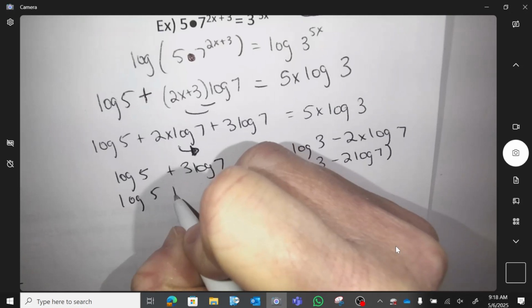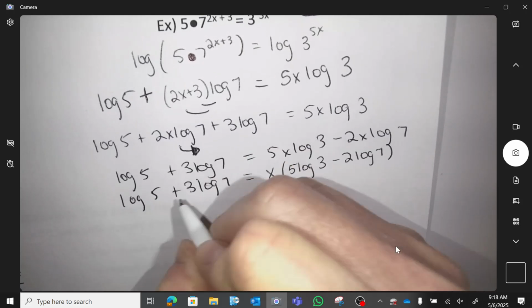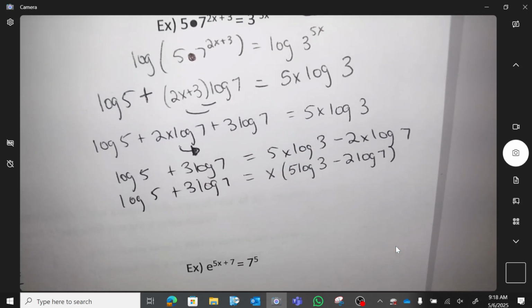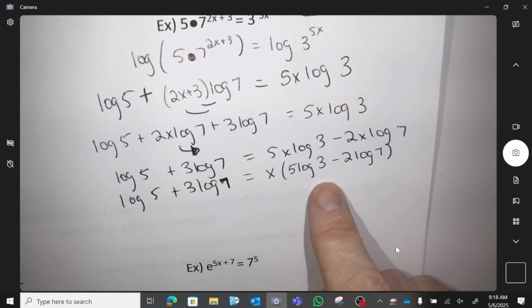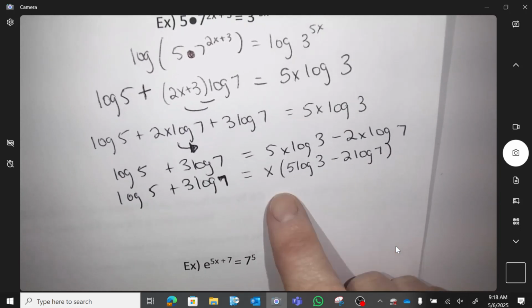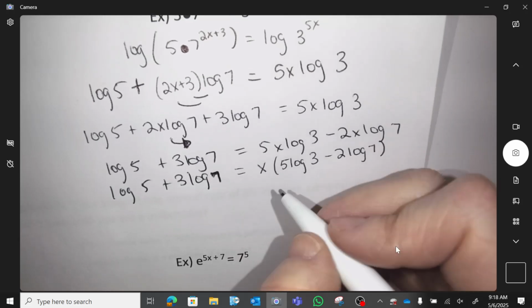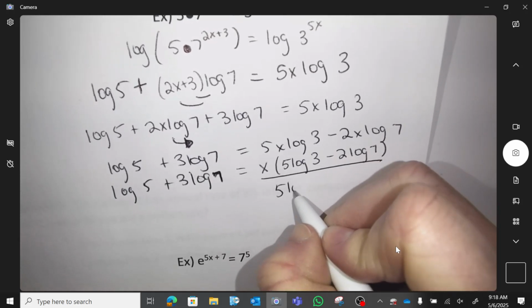I'm just going to be writing this because it's okay, I think. Okay, so I GCF the x out. Now, how do I get x alone? Divide by